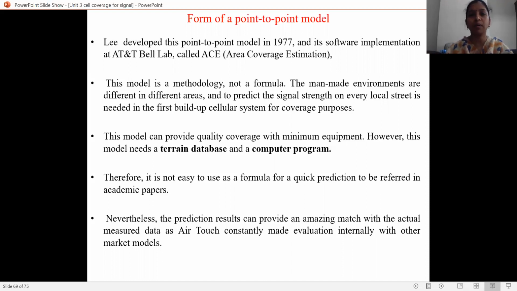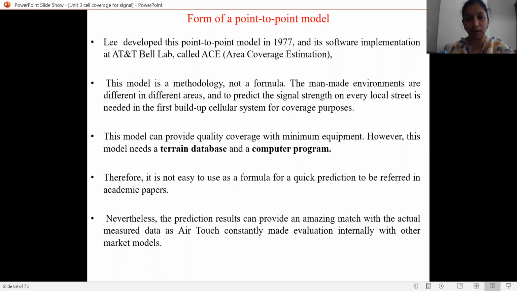The man-made environments are different in different areas, and predicting the signal strength on every local street is needed in the first build-up cellular system for coverage purposes. This model can provide quality coverage with minimum equipment. However, this model needs a terrain database and a computer program. Therefore, it is not easy to use a formula for a quick prediction to be referred to in academic papers. Nevertheless, the prediction results can provide an amazing match with the actual measured data,